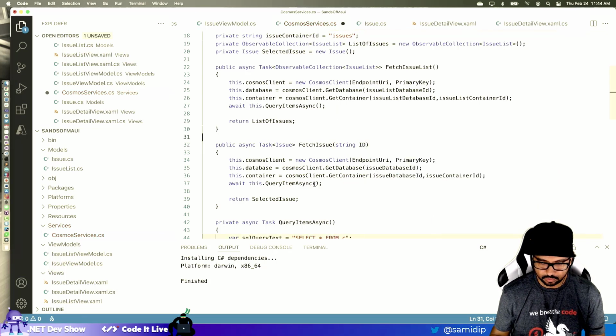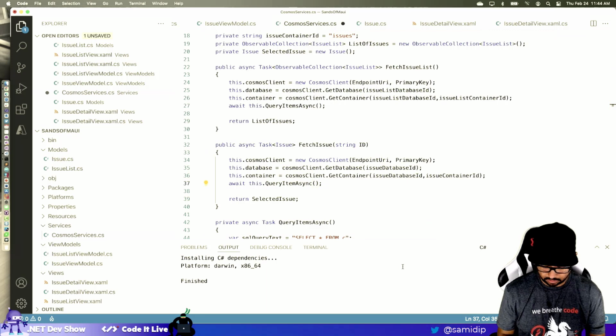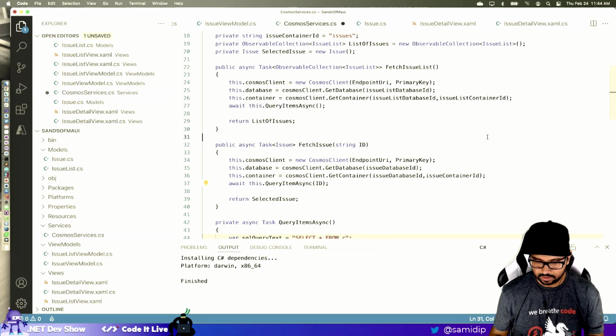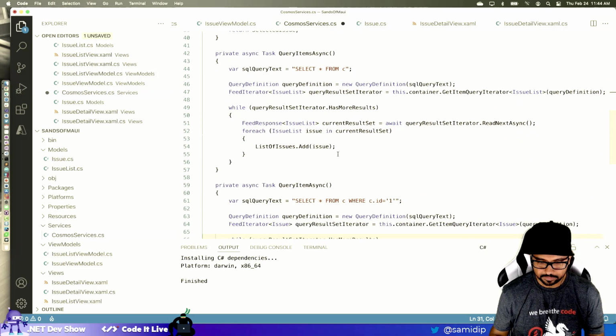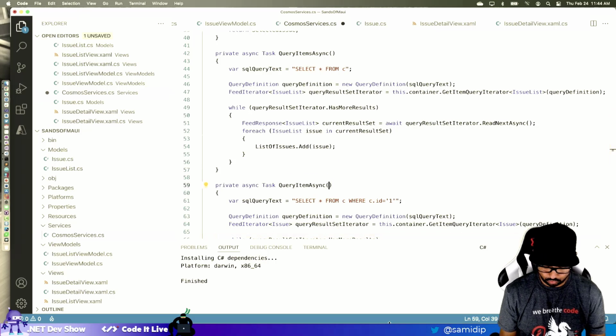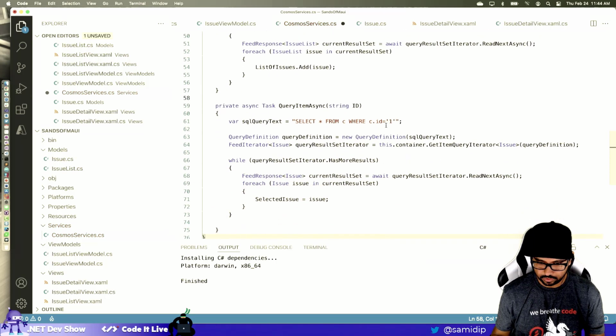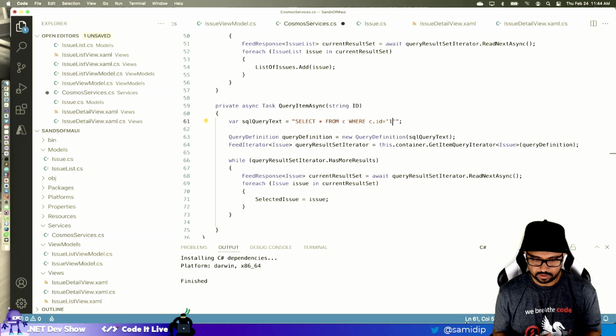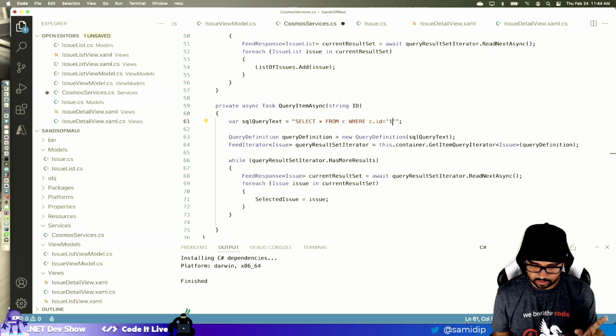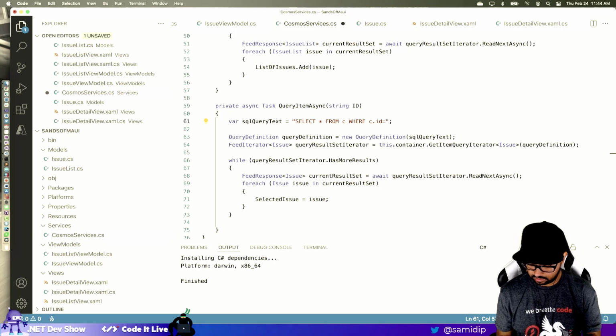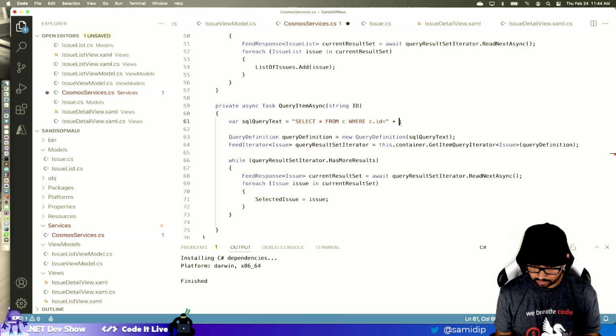And I need to pass that on as an ID, and query item async has to get that string as an ID. This is a var. So equals, can I not do a plus? No, this should be fine.